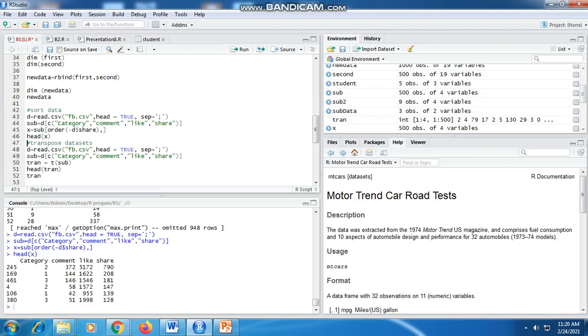If we print the contents of variable x on share, we have applied the order, with the minus sign meaning descending order.